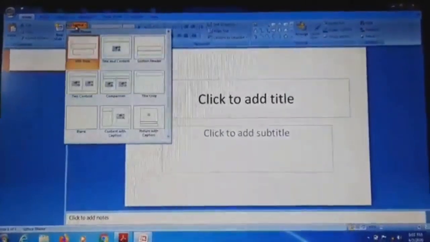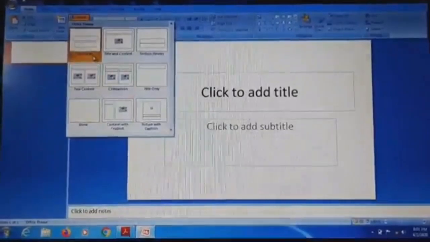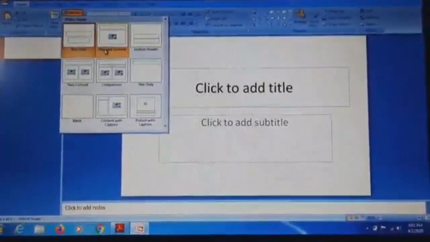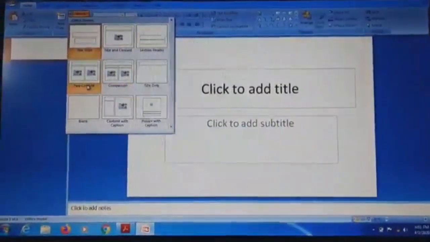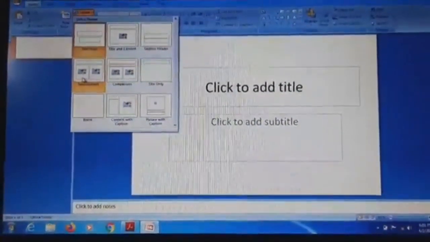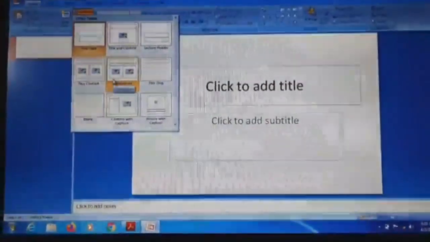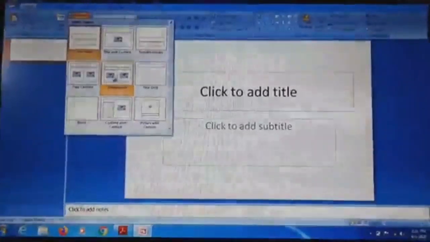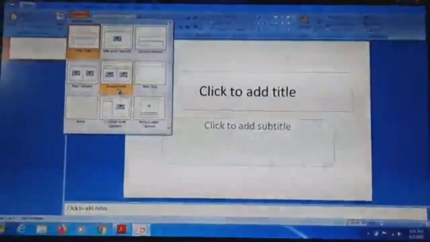Layout option. We are having 9 different slides here, like title slide, this is title and content slide, section header slide, two content. Two content means if you want to take two different parts of a particular thing, then you have to choose two content. Comparison means you want to differentiate between two things, then you have to choose this slide, that is comparison.